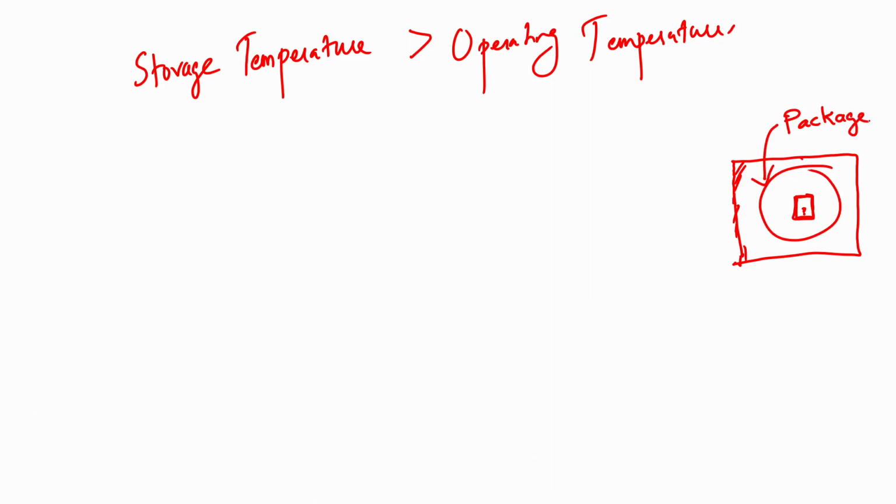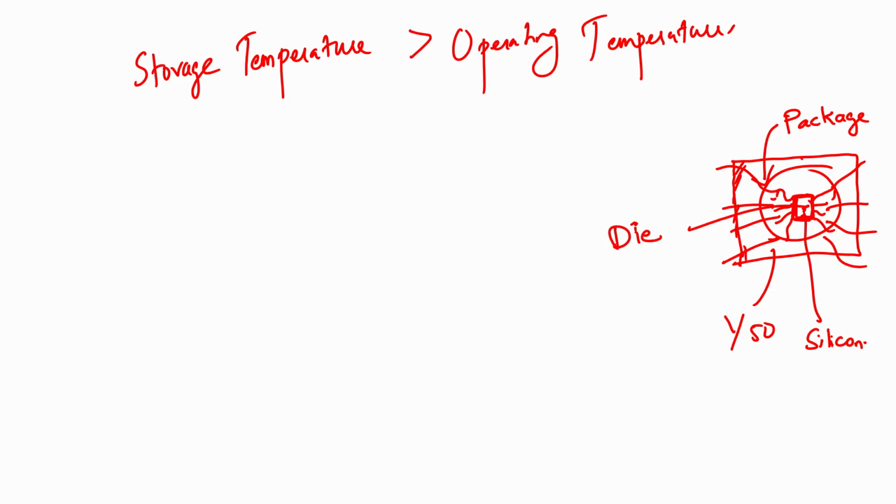If some IC is damaged, you can break it open and inside you will see a small die. It will be very small, like 1/50th of the outside area, and from here you will see leads being taken out. This is the silicon wafer in which your design is built, whatever DAC design is there. These leads are then finally taken out like this as the package pins. So, this is what you call the die. And junction temperature is the temperature on the die when it is under full operation.